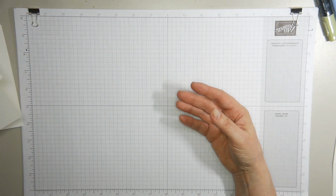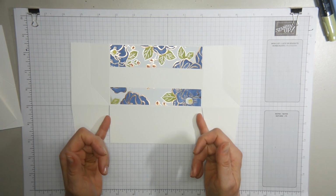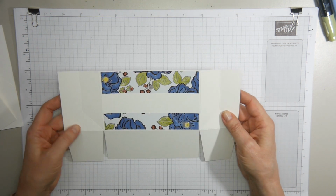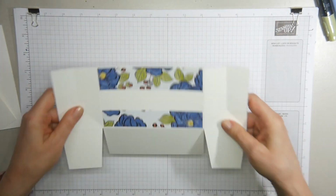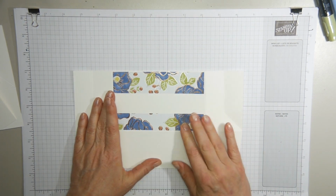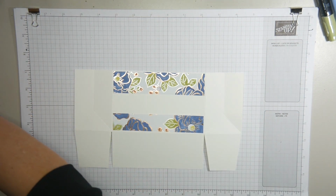And I'll show you for the front. This is the front. This is how I've cut it. So the bottom was cut up straight, and then you wedge the two flaps. And here you can see I've gently folded the score lines that I've made, and of course I've folded all my score lines. Then you can see that I have adhered my panels,